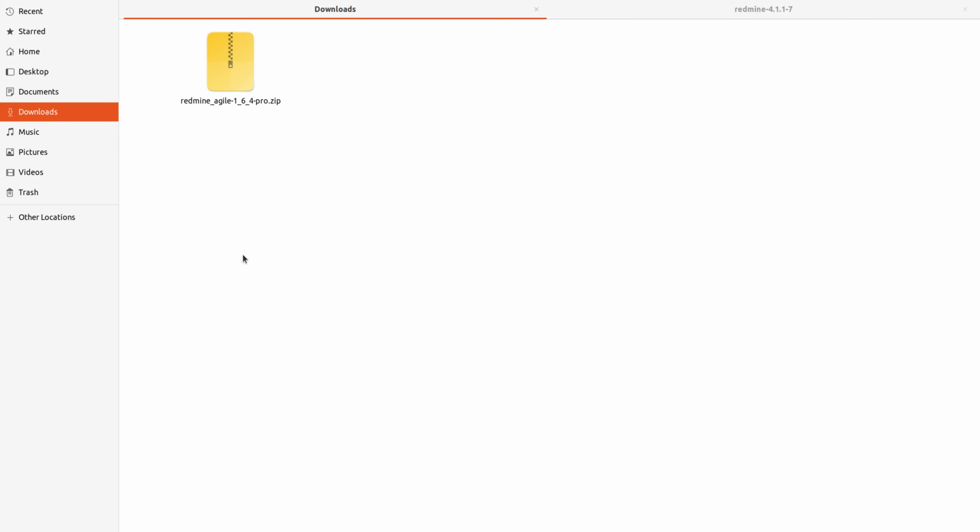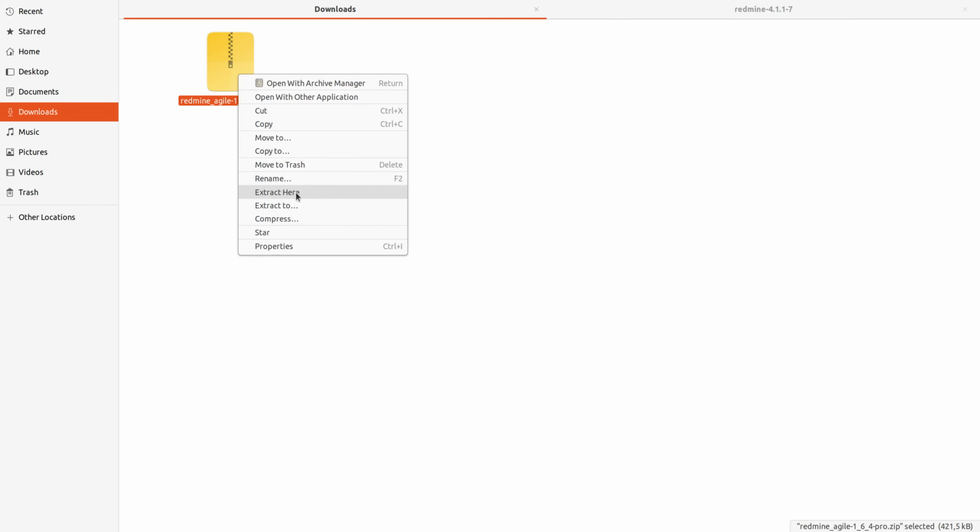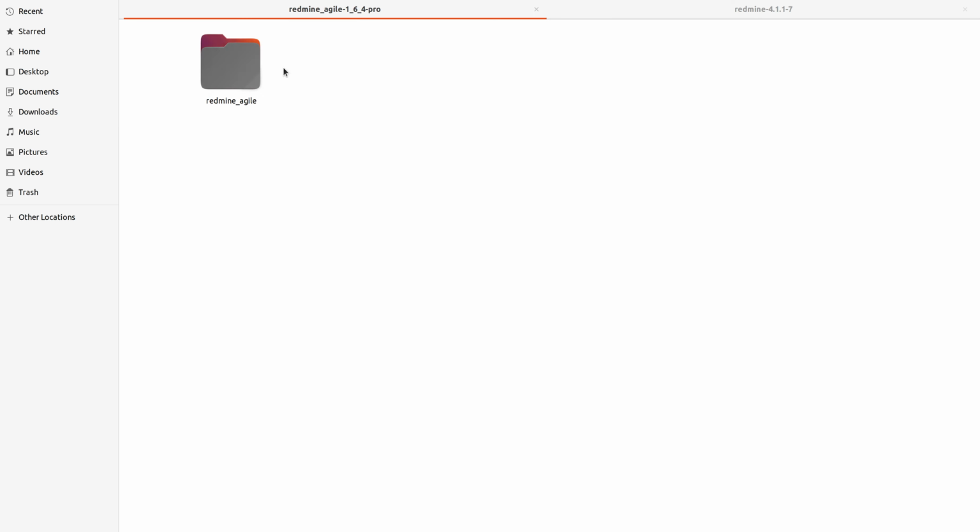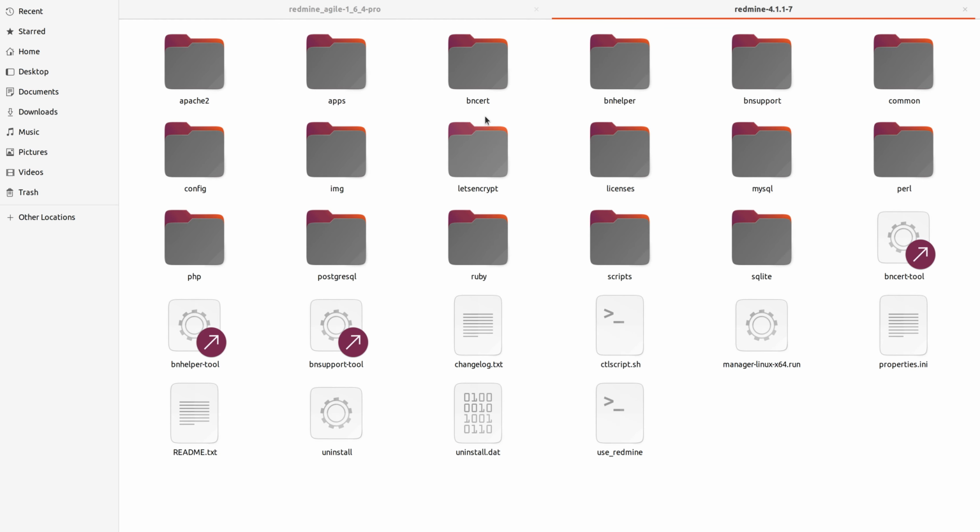So when we have the zip file, then we have to unzip it first and then go into the inner folder. So we have to copy this folder that is redmine/agile. Alright, but before that, let's go and start Bitnami Stack. So you have to go to your Redmine folder for the Bitnami Stack, and then you will see the Manager Linux run file. You have to double click on it,